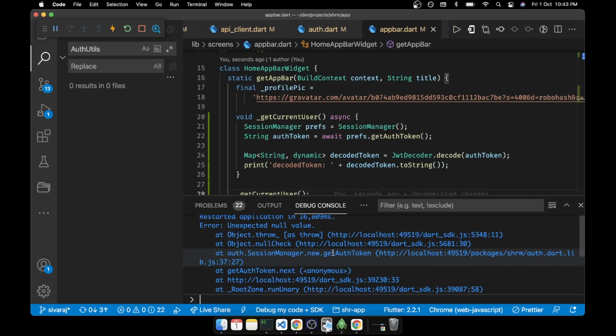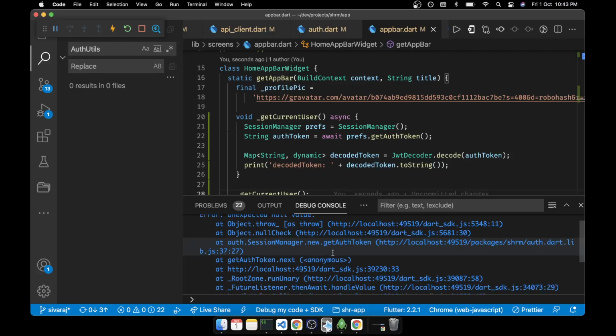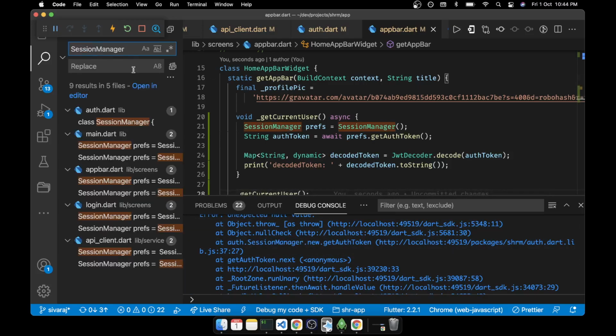Unexpected null value. Auth.session.new of get auth token. Which page is it? Get auth token of next.